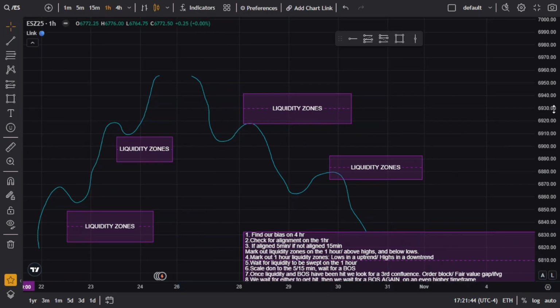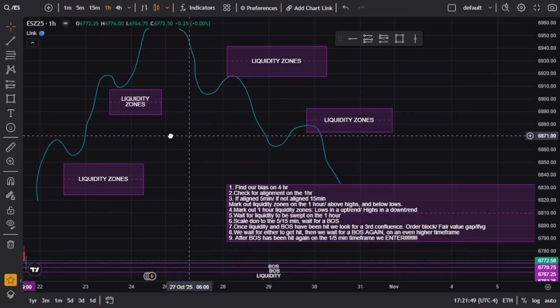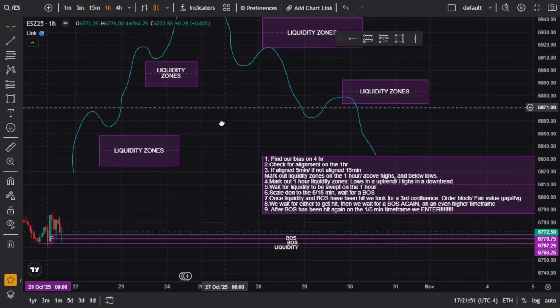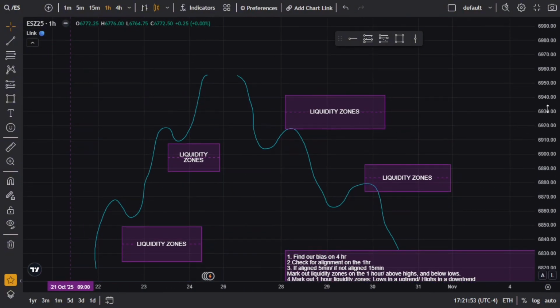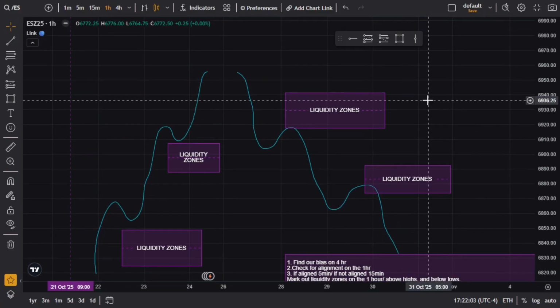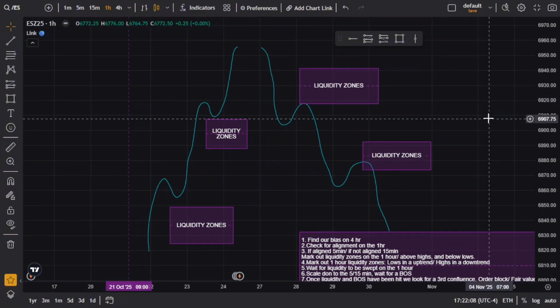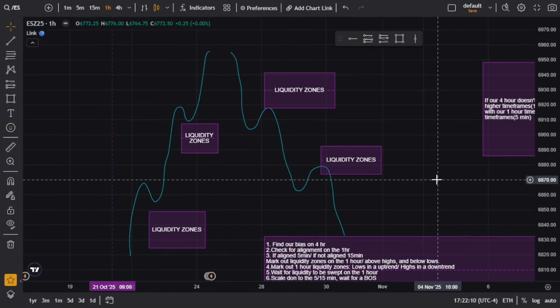Does that make sense? Not higher highs, but highs in a downtrend. So I'll show you an example of what I marked out on the chart today as far as liquidity. Normally liquidity zones will be before market opens, or even during market. It doesn't really matter. But whenever session opens, it always grabs liquidity, in either the uptrend or downtrend. That's what happens when session opens.